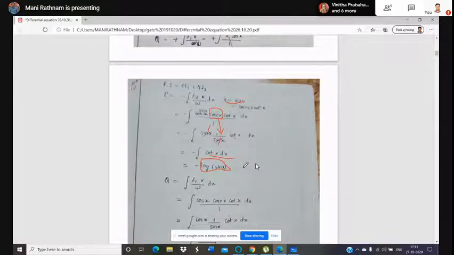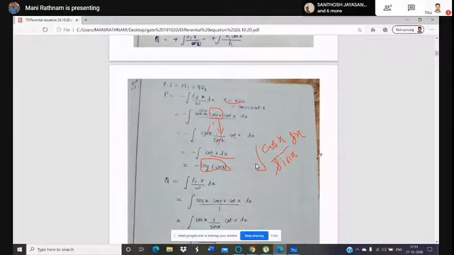And these formulas are also another technique you can use. Cot x can be written as what? Cos x by sin x. So cot x can be remembered by the trigonometric formula. Tan is what? Sin theta by cos theta. The reciprocal of tan is cot. So cot x is nothing but cos x by sin x.